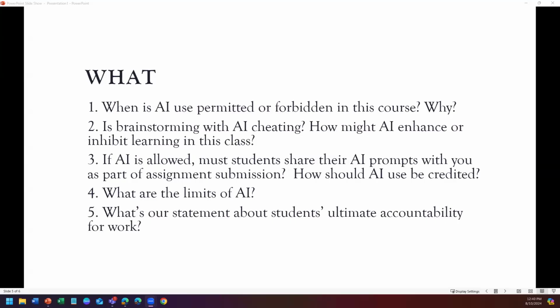But then also, how AI is limiting our students, and we are holding them accountable if they are blindly putting in AI content, and it is limiting their ability to learn.